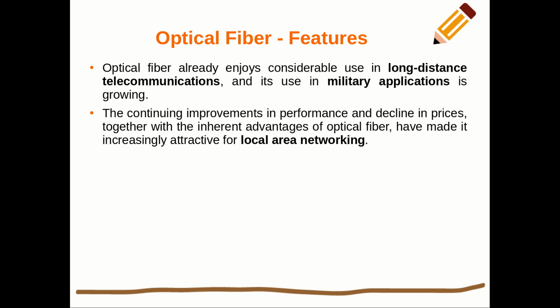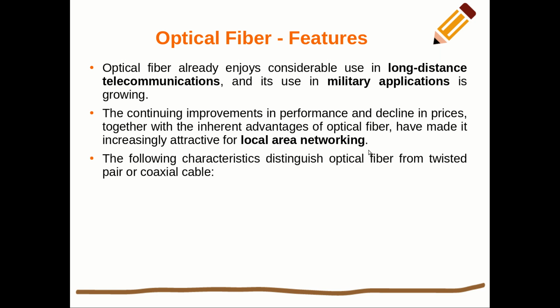Just like I already told you, in local area networking we can have either twisted pair, coaxial cable, or optical fiber. Obviously, the reason why optical fiber is getting more and more popular in local area networks is its performance. At the same time, day by day they are improving the technology in such a way that the prices are getting lower, along with other inherent advantages, and those things we will see. So that makes it the best choice for local area networks.